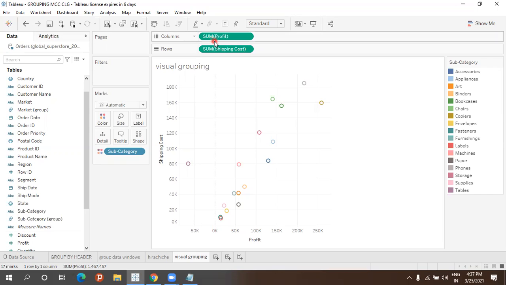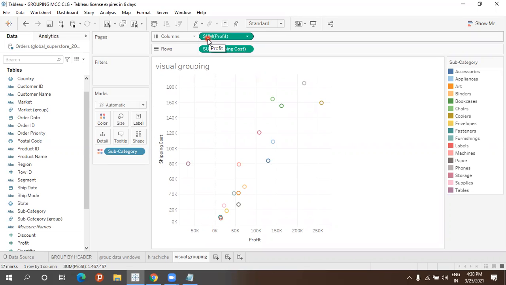If I take profit, it is automatically converted to sum of profit, sum of sales, like that. Some are average or minimum or maximum. This is nothing but what is called aggregation. We will see that. But now I want average profit and average shipping cost.